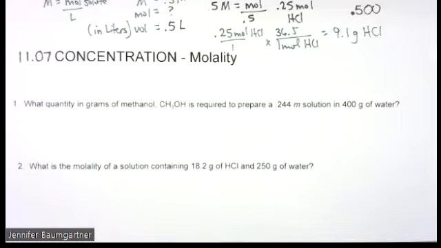Now, the problem with molarity is it is moles of solute over liters of solution. But you know, if you take water and you make it cold, if you put it in the freezer, it expands, and if you heat it up, it contracts, which is opposite of what things usually do. But volume is temperature dependent. Sometimes we need an expression that is not temperature dependent, and that is why we would use molality. So we define molality as